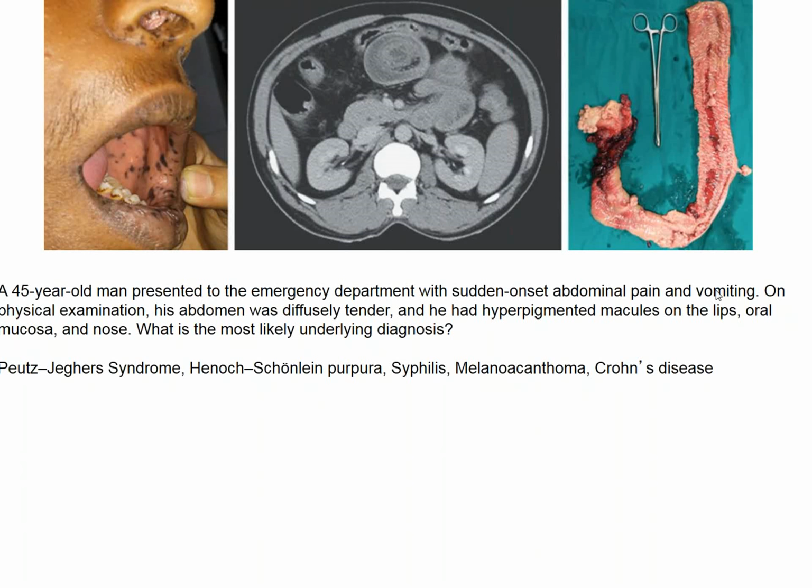The image in the New England Journal is this one, and this is a snap diagnosis. We look inside this young person's mouth, and we can see inside his nasal cavity, and there are pigmented lesions here. This is not Addison's disease. He's had these since birth, and in the middle picture, we can understand why he has acute abdominal pain, because